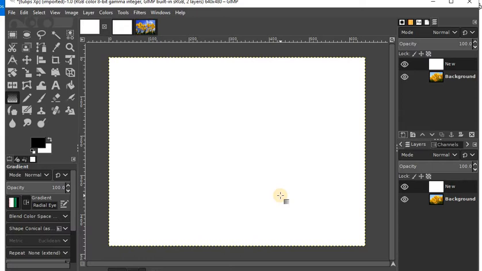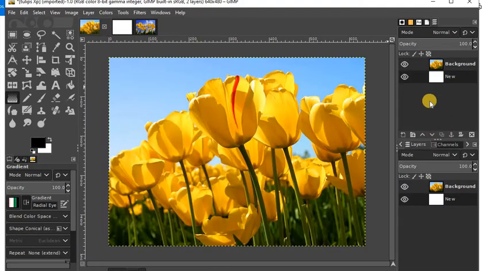Because in the beginning what we discussed, layers are a stack of transparent sheets. अभी हमने क्या किया, इस transparent sheet को white color से color कर दिया और हमने ये क्या किया, image के ऊपर रख दिया. Now the image is not visible. So what we can do, either we can hide this, or we can just lower this layer. हमने क्या किया, जो हमने new layer insert किया था, we just moved that layer behind